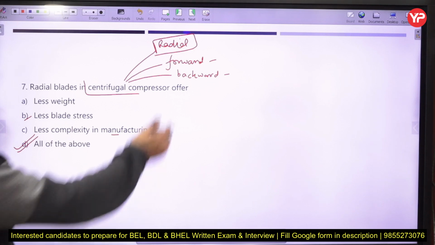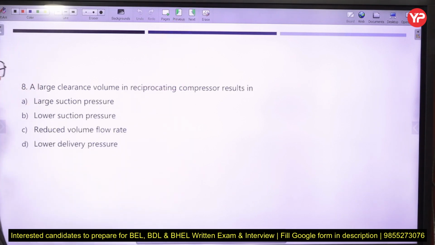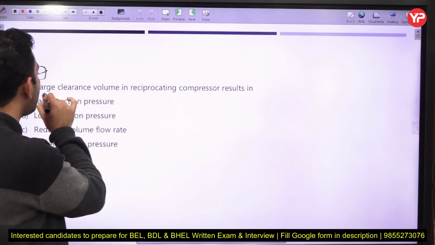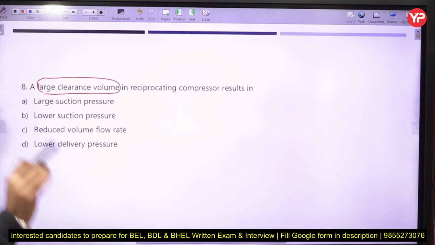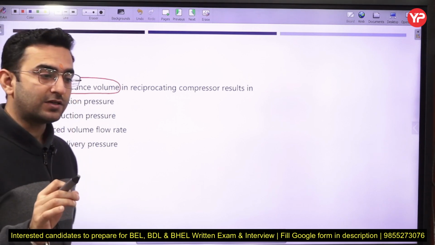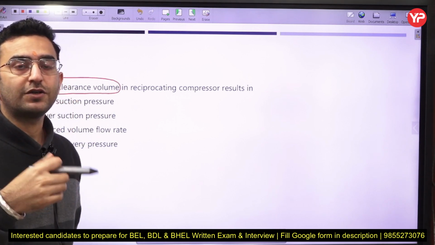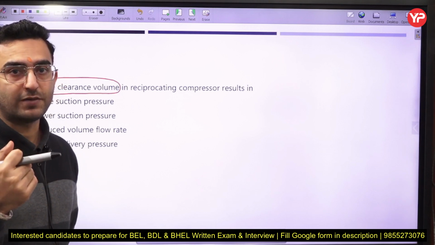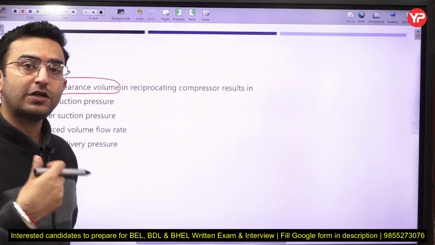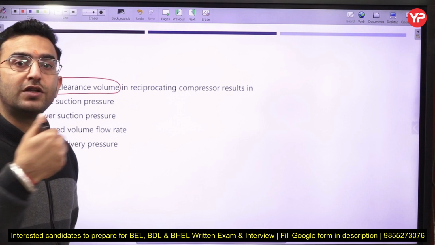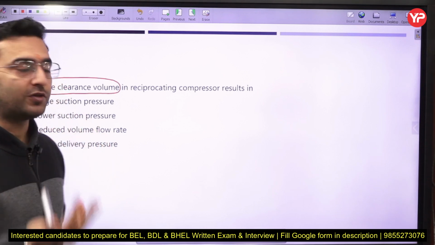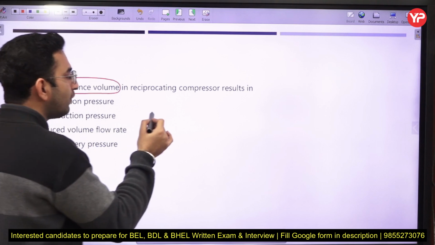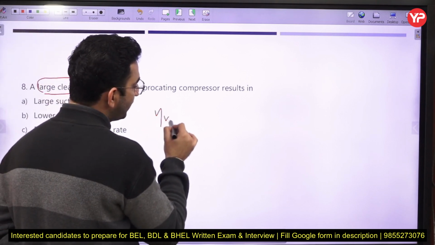The next part is, a large clearance volume in the reciprocating compressor results in. Now what is the effect of large clearance volume in the reciprocating compressor? If you remember, reciprocating compressors are those compressors which work on the principle of positive displacement. Basically in this case we reduce the volume, and due to the decrease in volume, the corresponding rise in pressure is observed here. So here we define a parameter which is known as the volumetric efficiency, and the